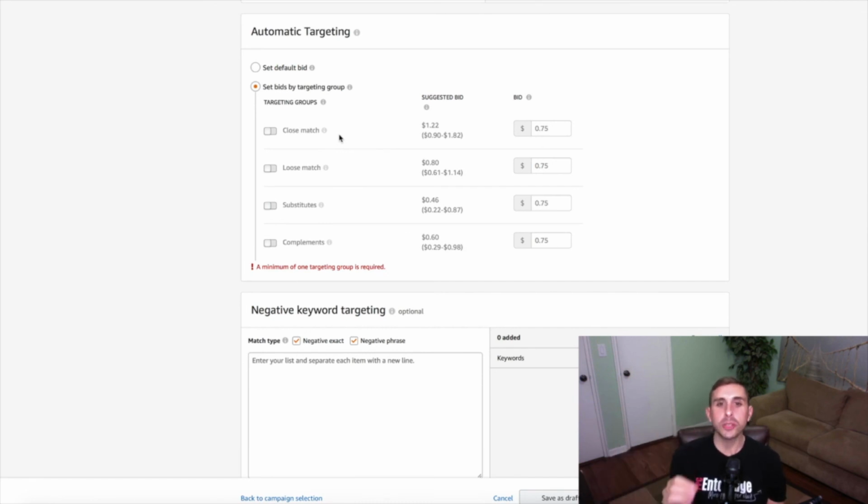So guys, I hope this was helpful in clearing up the difference between the 4 targeting groups. You have close match and loose match, which are search term and keyword related, and you have substitutes and complements, which are product targeting related, putting your ad on the product detail page. Once you know that, you can set this up and think about strategy. Where do I want to show up? What is my ACoS target? And how can I start to modify my bid to make sure that I benefit from all of these different